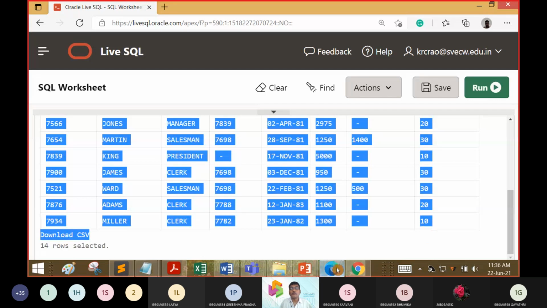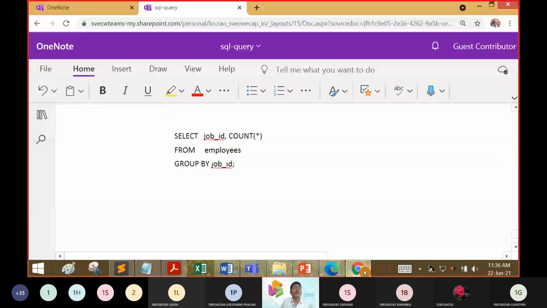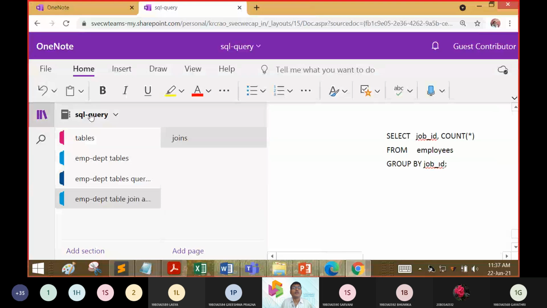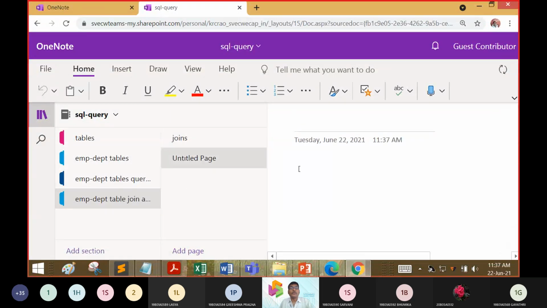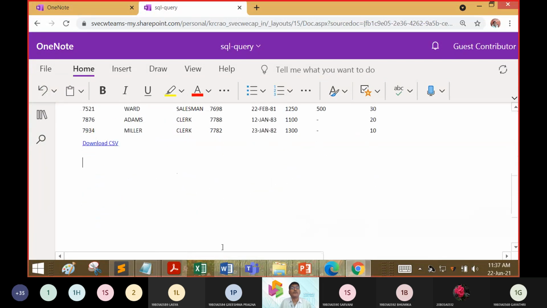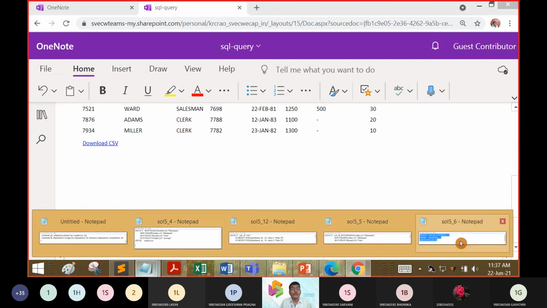Adding a new page. This is called group functions. Now I'm putting this table here, and the query also.